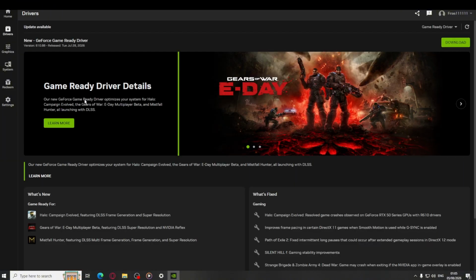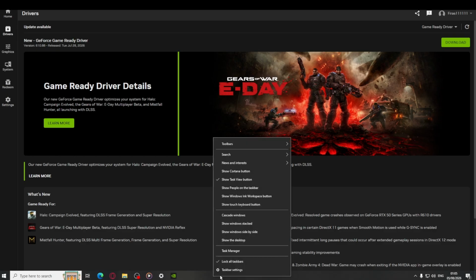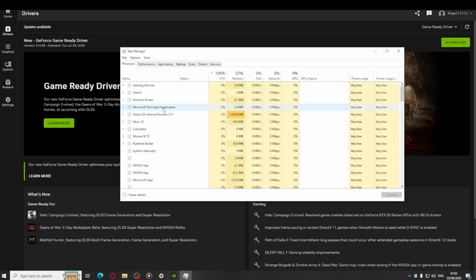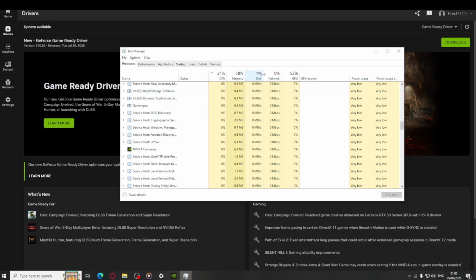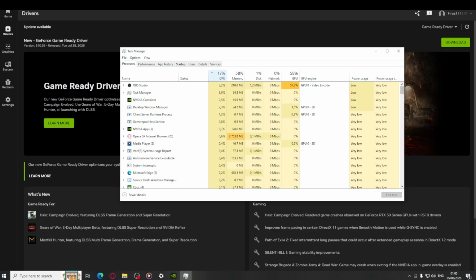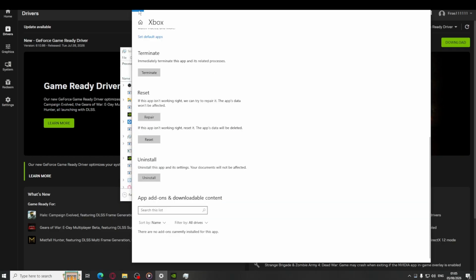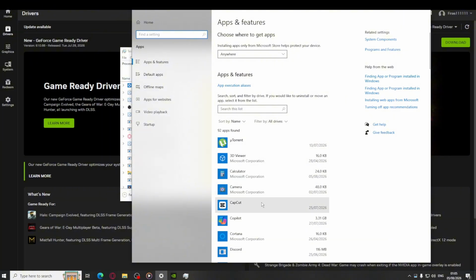Finally, open Task Manager with Control-Shift-Escape and close unnecessary background apps, anything using CPU or RAM that you do not need right now. As a last resort, uninstall Roblox completely through Add or Remove Programs and reinstall it fresh from